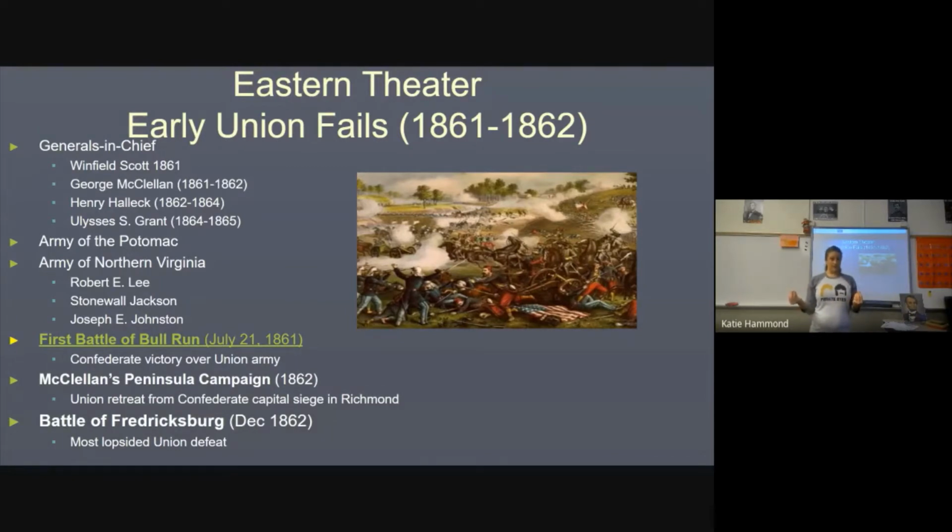Stonewall Jackson, hence his name, Stonewall. The Union can't break through the defensive line led by Stonewall Jackson. And after hours of the Union trying to break through,